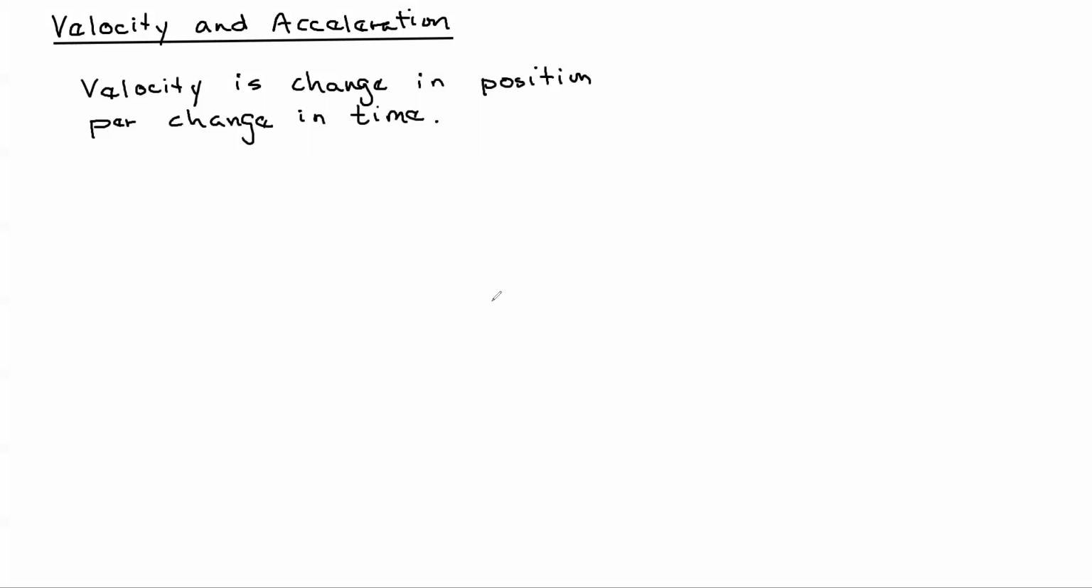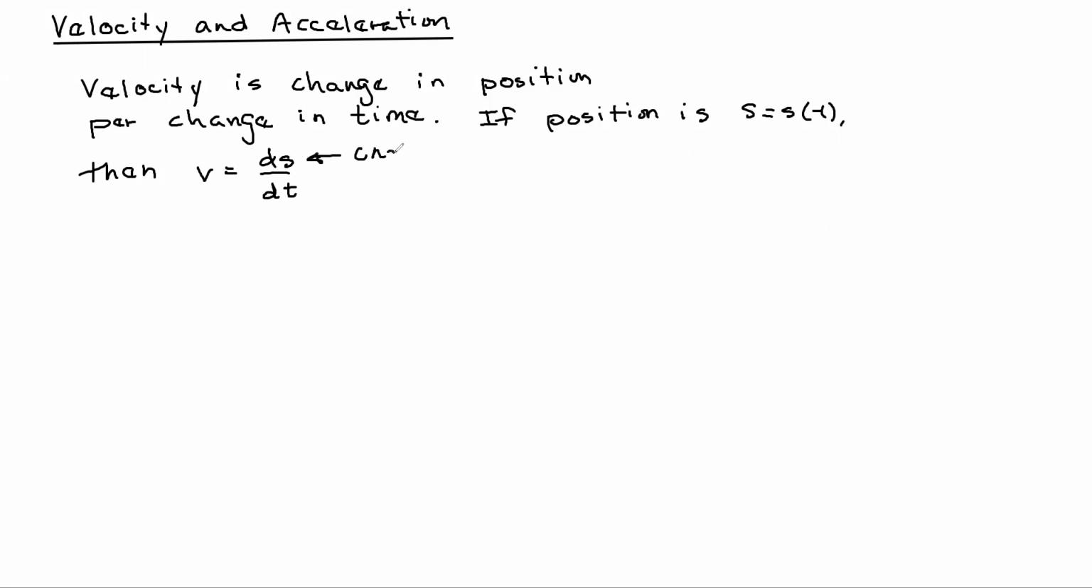If we recall from Calc 1, if we have a position function, then the velocity is equal to the derivative of that position function. Okay, and when we write this, velocity equals the derivative of position, in this format, you can clearly see that we have a change in position